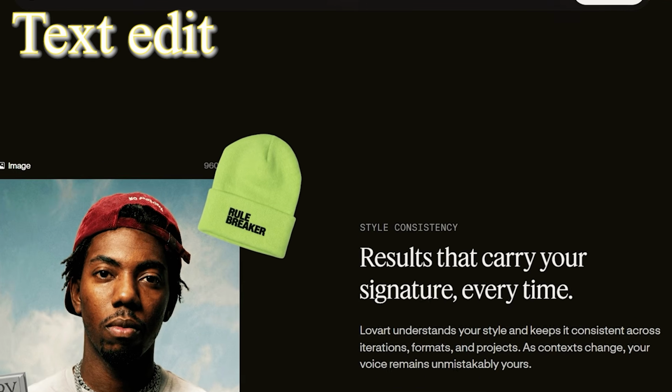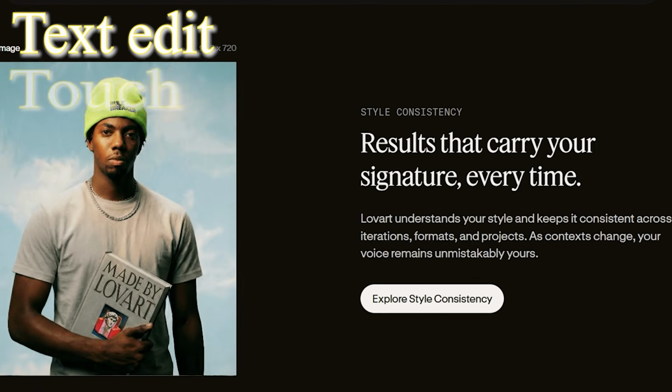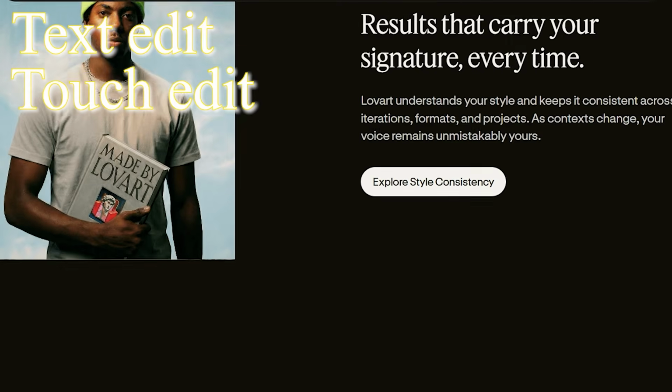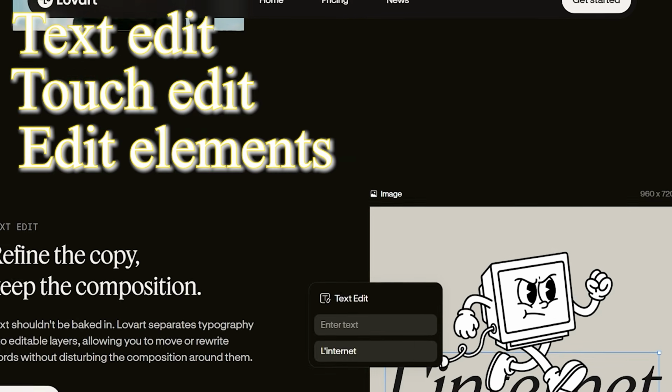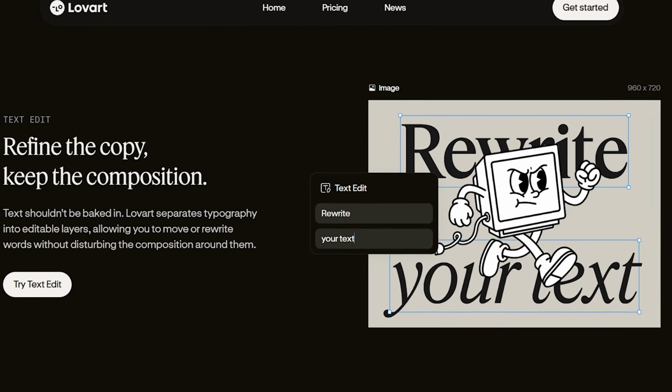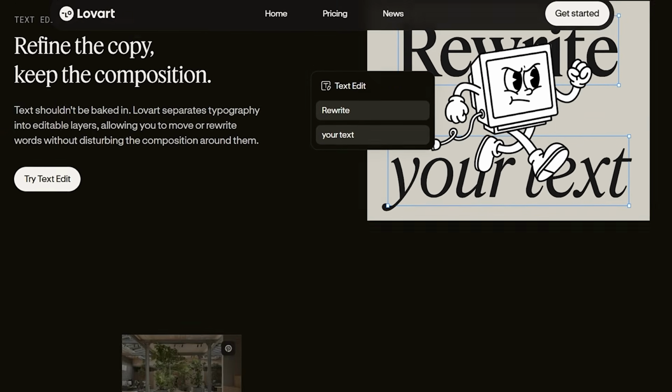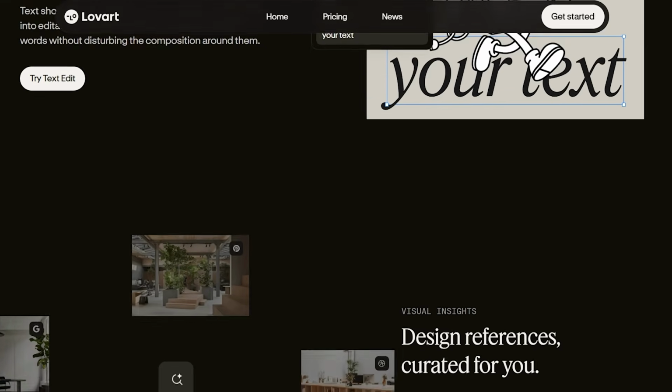Text edit for fixing lettering inside the image, touch edit for point and edit changes, and edit elements for changing a specific object without breaking the whole design. I'm screen recording everything, and I'll cut out loading time and repeated steps so you only see the parts that